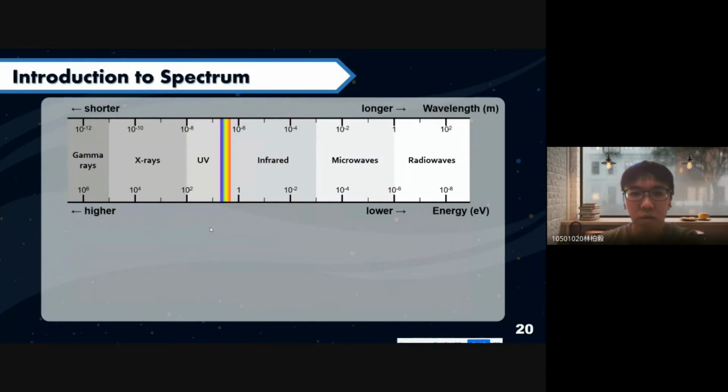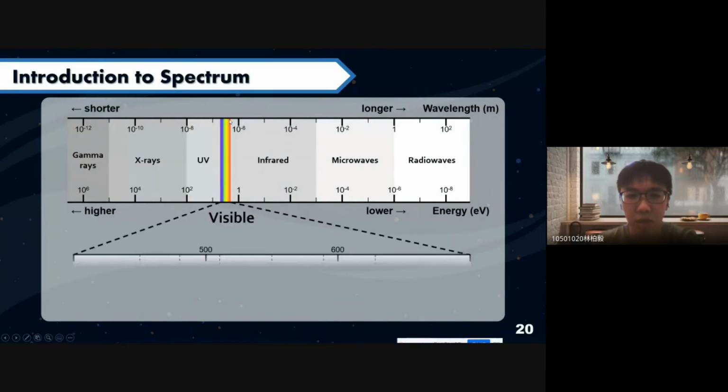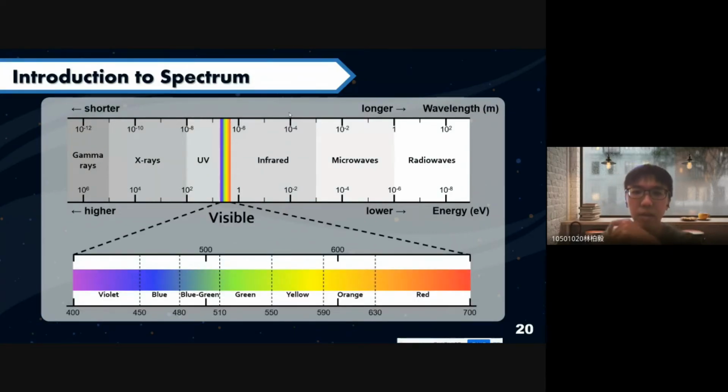From the wavelength from shorter to longer, we have gamma rays, X-rays, UV ray, and visible band, and then infrared, microwave, and radio waves. And optical satellites focus on this range of the wavelengths.